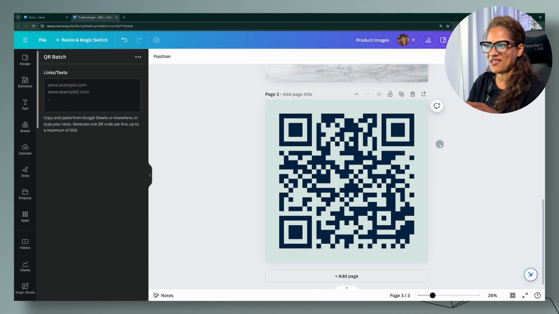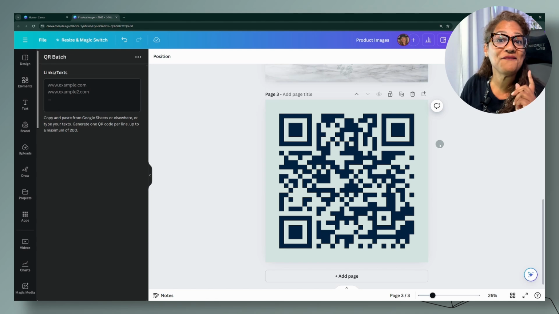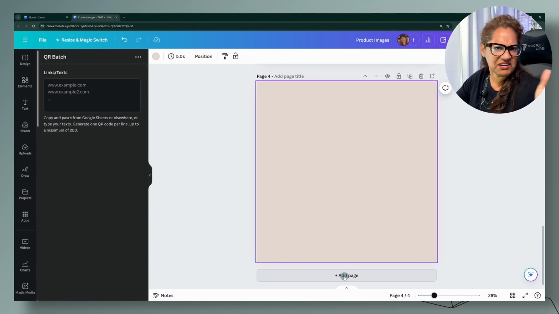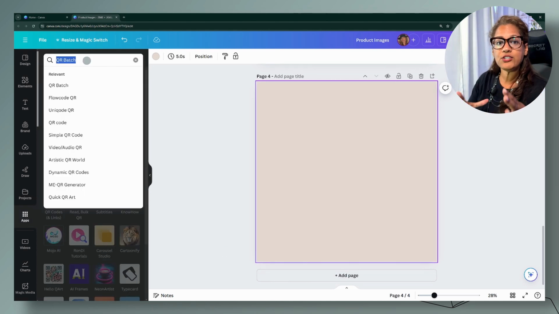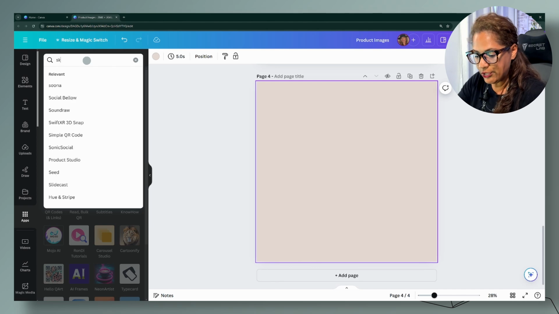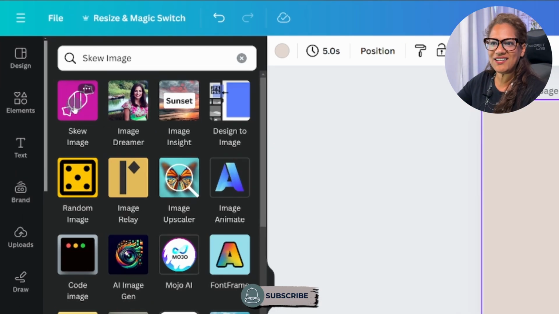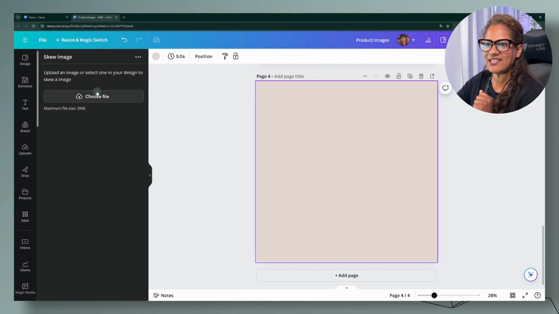Awesome. So that is an app that I hadn't used until right now, and you saw how fast that was to use. Now let's move on to app number 4. This next app is really fun that you could use for a lot of different things. It's an image manipulating app. Okay, so it's called Skew Image. There we go. All right, so you click on the Skew Image, and let's go ahead and